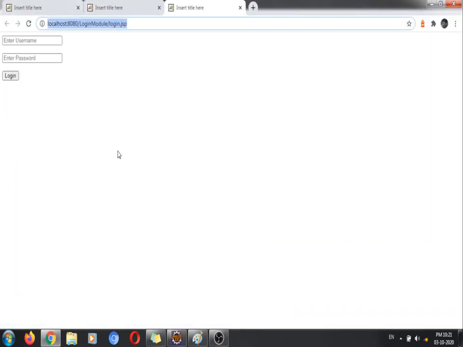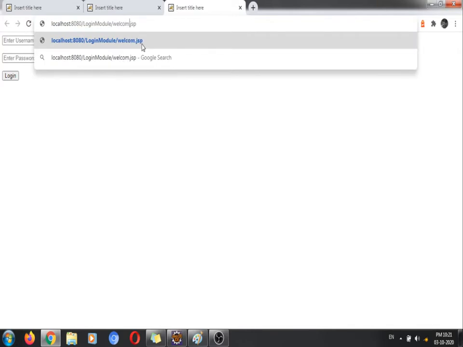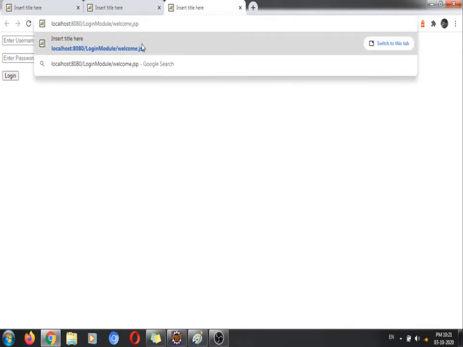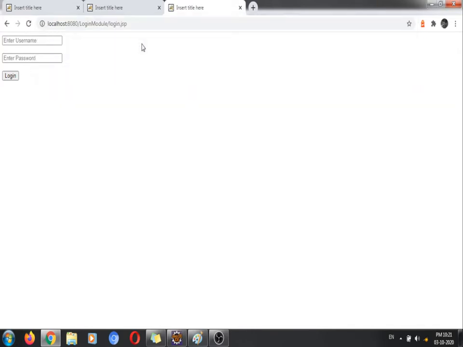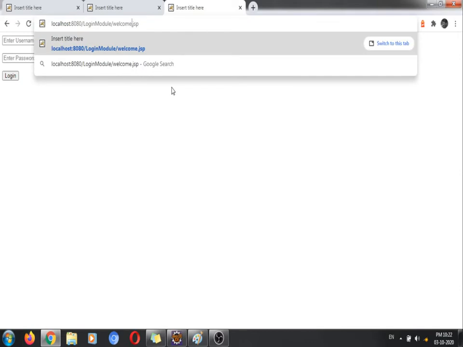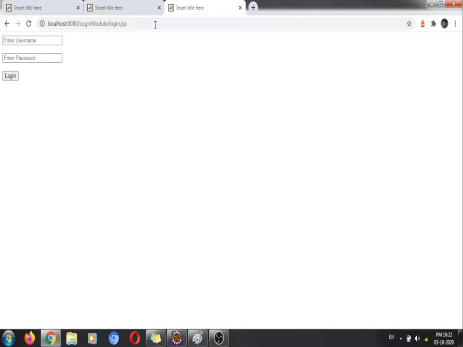I'll run this code. Now here I have not done anything, and I want to access my welcome.jsp file. See here, I'll enter. See, it's come back to the login page again. I'll run it again. Welcome.jsp is the name of my file, right? I'll enter. It's directly redirecting to our login page.